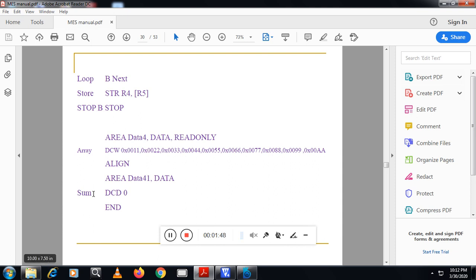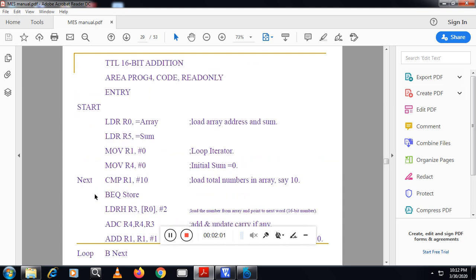And here it is DCD, define constant data, which will allocate 4 bytes of memory. So this address we are going to move into a register. The address of the array is moved into R0 by using LDR, load register. The address of the sum is moved into R5 by using LDR.